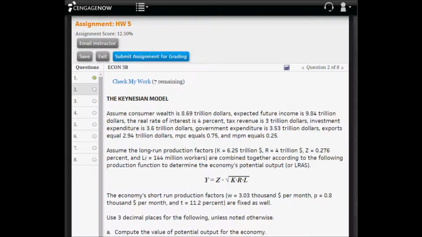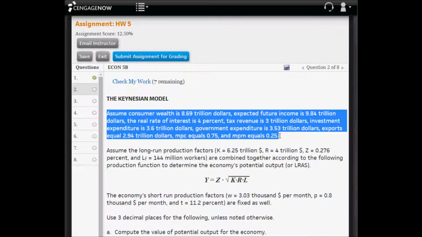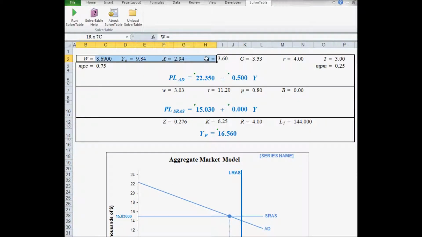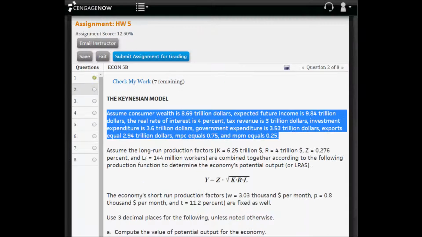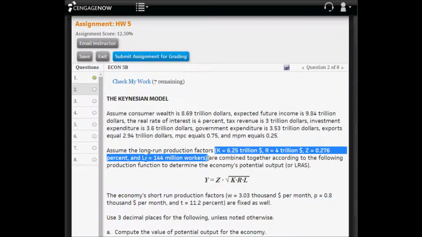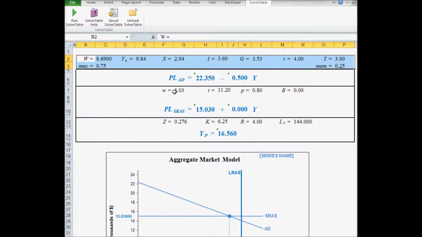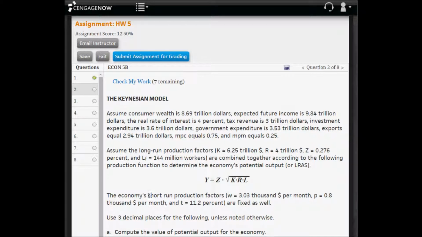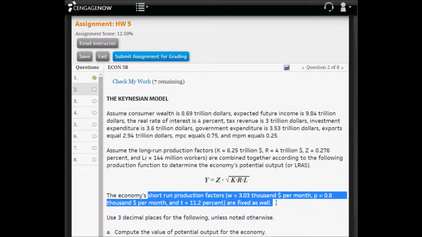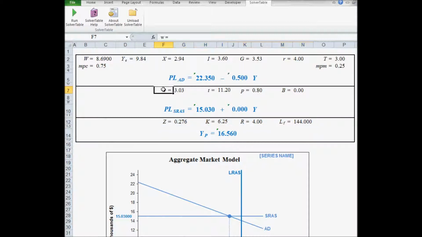In problem 2, we're going to analyze the Keynesian model. The values for the aggregate demand parameters have already been substituted into the spreadsheet that we used in problem 1. Same goes for the long-run production factors. These values have already been substituted into here. Finally, the same goes for the short-run production factors. The wages, the price of other production inputs, and the supply-side tax rate have also already been substituted into the Excel